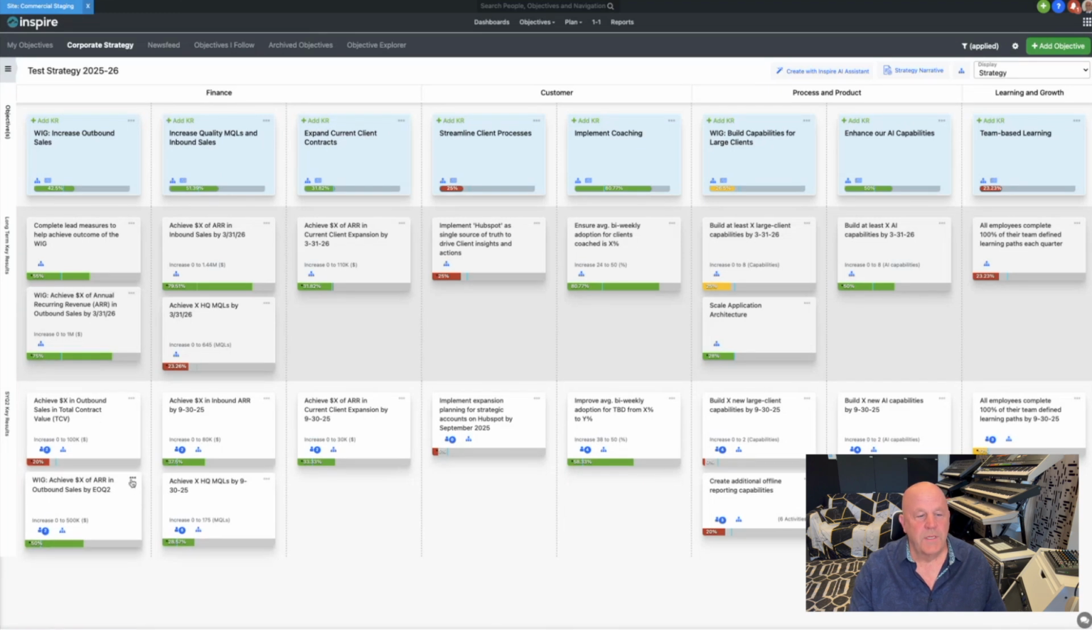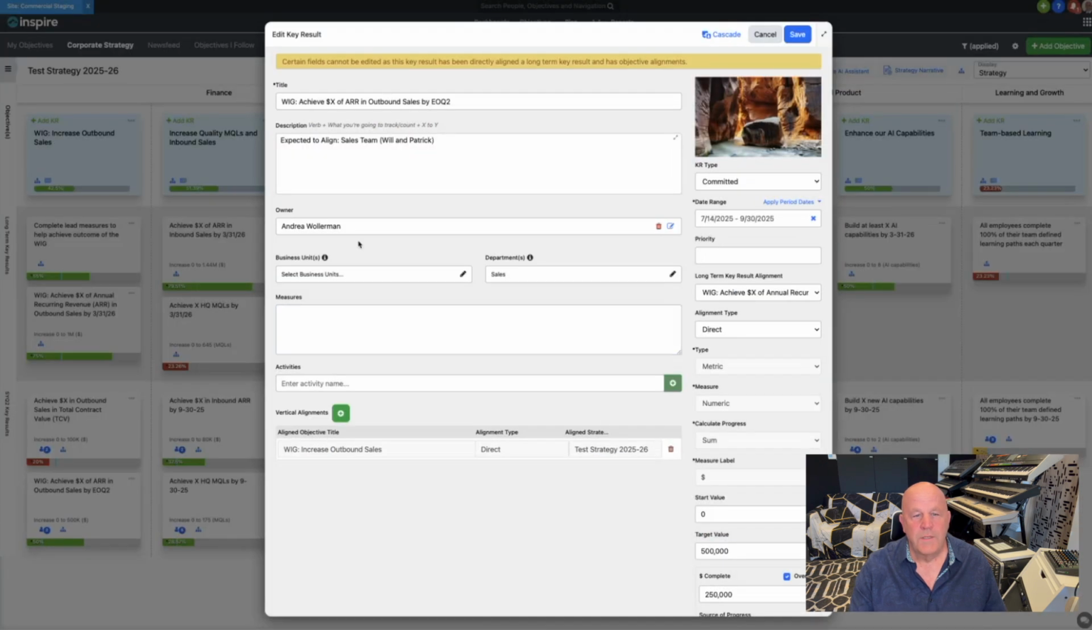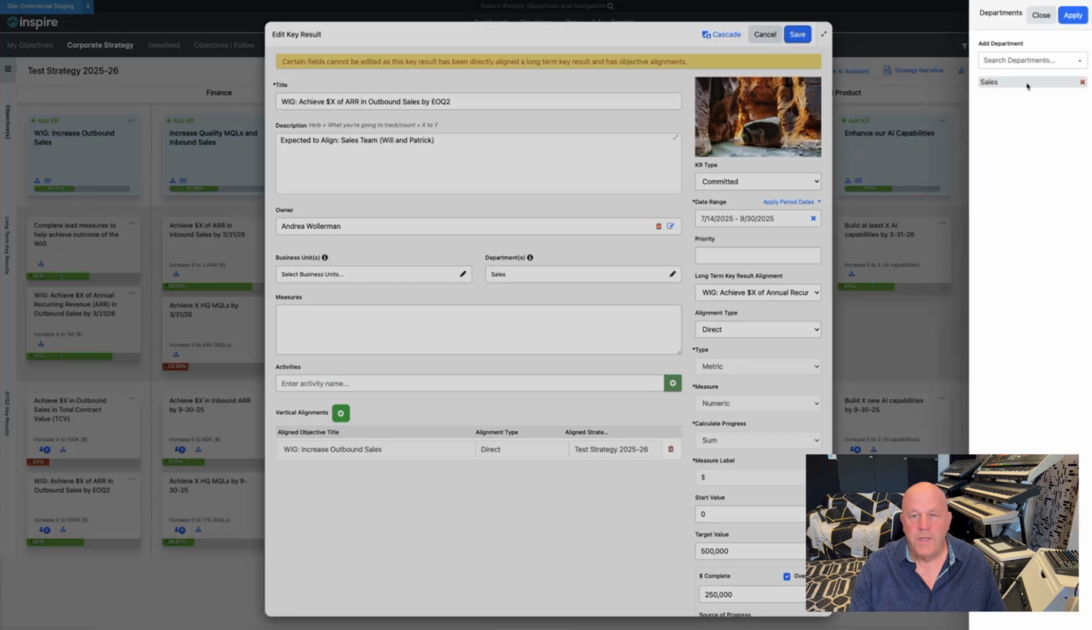So as you can see, if I go in to edit any one of these, I have this new area in the center of the screen for adding a tag for a business unit or adding a tag for a department or multiple. And in this case, I have sales. And if you click on the little pencil icon here, you can actually add another department to it if you wanted to. I'm going to take that out just for sake of demo here